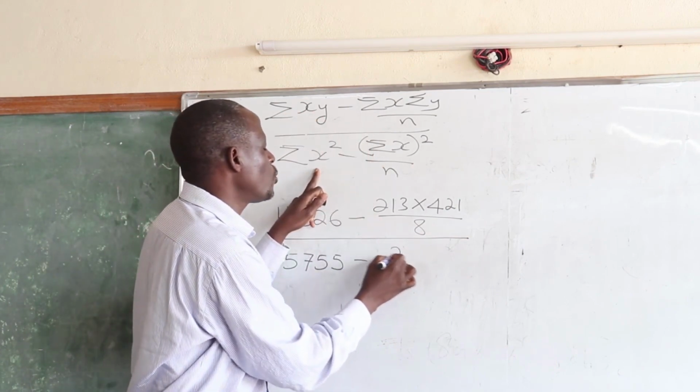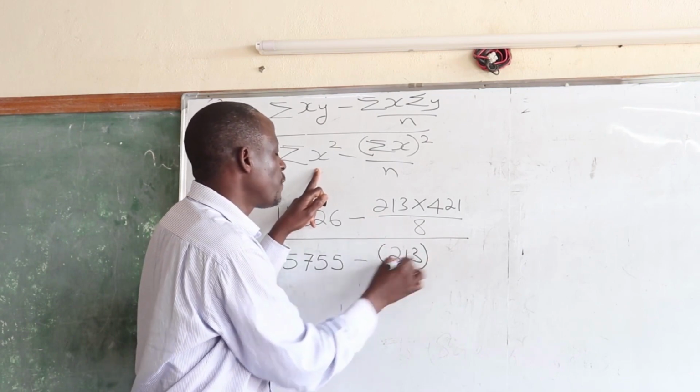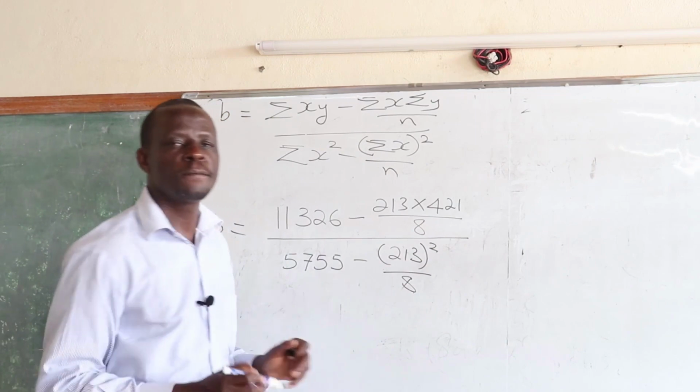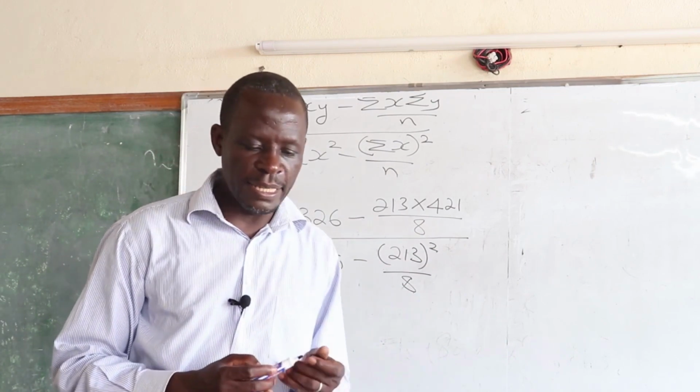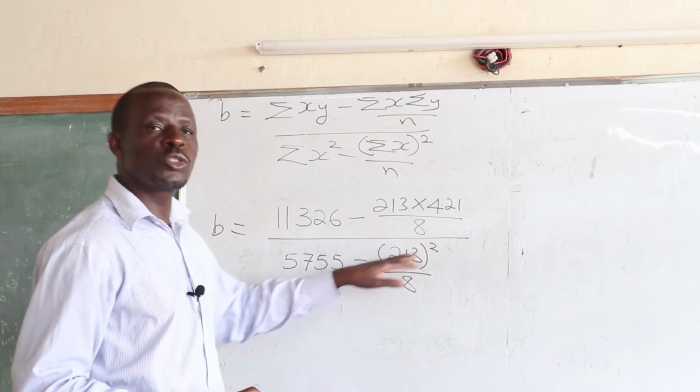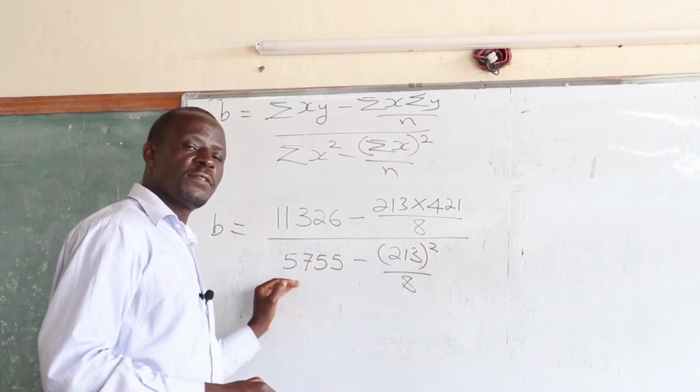So that's why we had 213. Then this particular value squared divided by n. Our n still remains 8. So you subtract 213 squared divided by 8 from